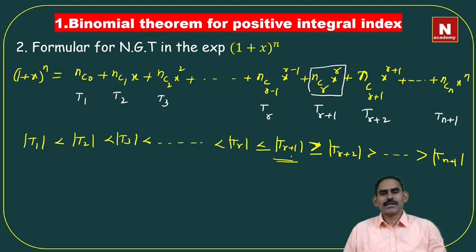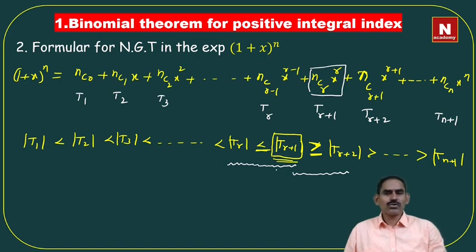That's why there is a possibility to get two terms as numerically greatest terms. That's why for the consecutive terms I am writing equality also. Here equality we should mention. That means these two are numerically greatest or these two are also numerically greatest. That's why we first assume this is the numerically greatest term. Here two cases will arise. This is case 1 and this is case 2. By solving these two cases, we can find the range of r. Here r is important because we have taken the (r plus 1)th term as the numerically greatest term. That's why we are going to find the r value.